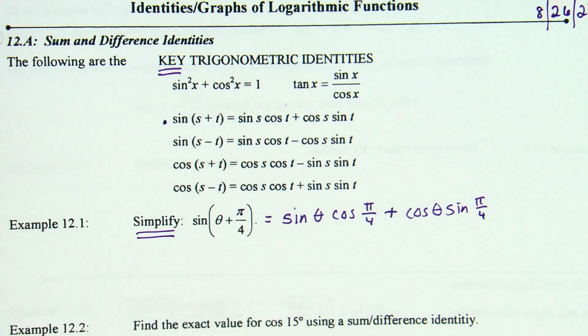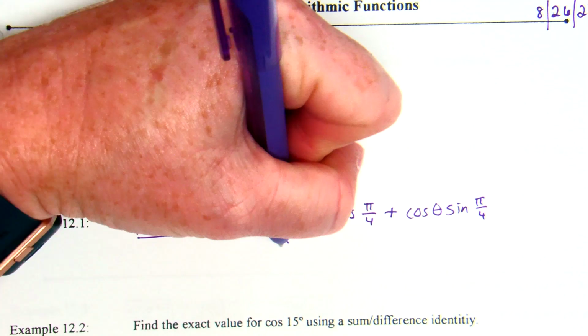But let me draw my triangle. Okay, yeah. You should know cosine of pi over 4 and sine of pi over 4, or you can figure them out with little effort, if that's the stage we're at. Sine theta and cosine theta. Theta is a variable, right? So that's just staying. So sine theta, cosine of pi over 4,